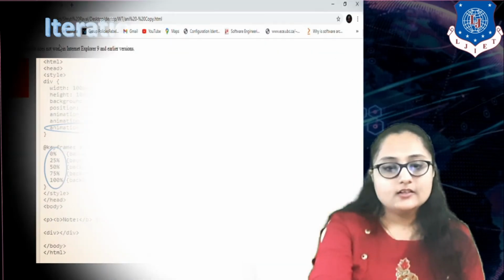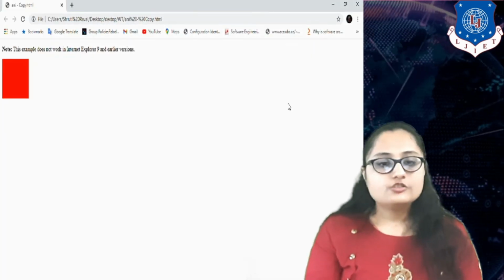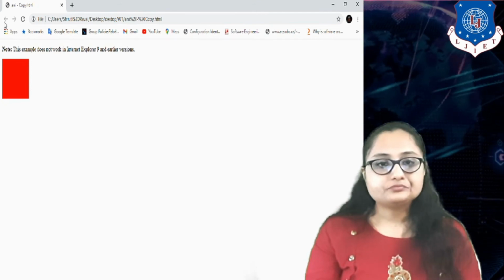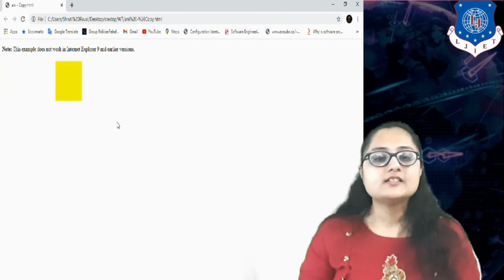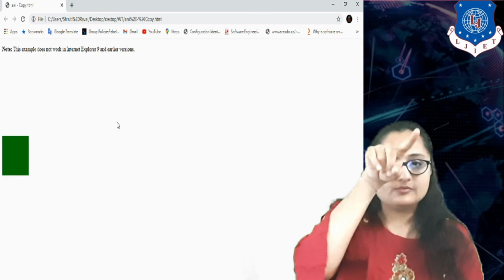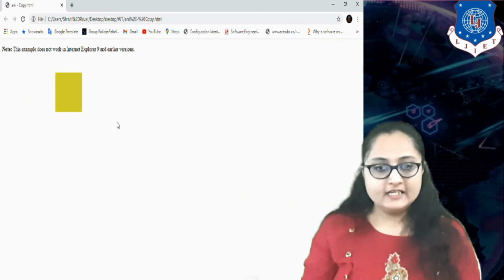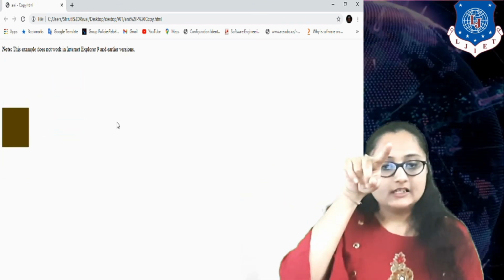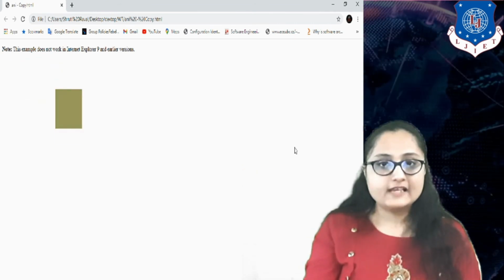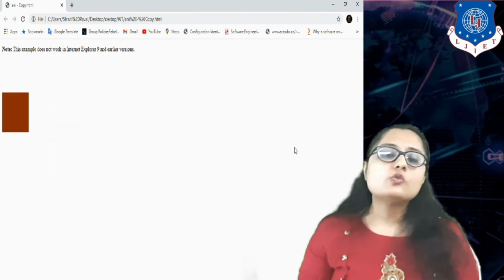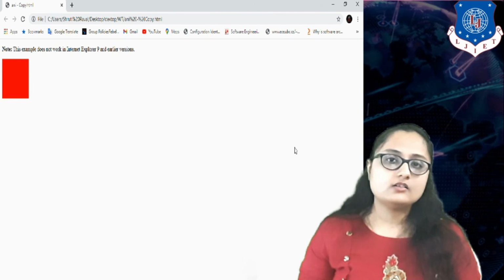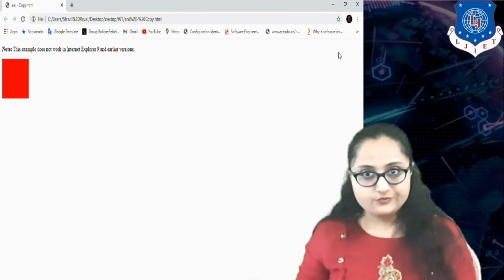Let us see visually. So here you can see that if I am applying this animation, the first time it is moving, the second time it is moving, and the third time it is moving, and then it will stop. So your whole 4 seconds are divided into 5 portions.